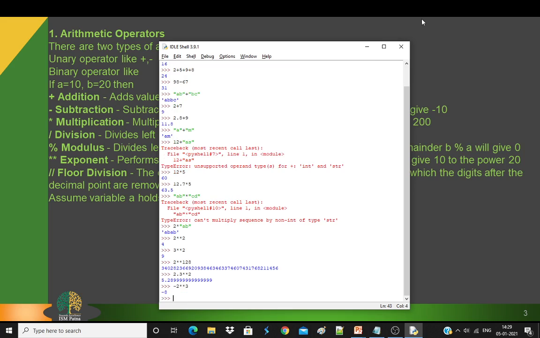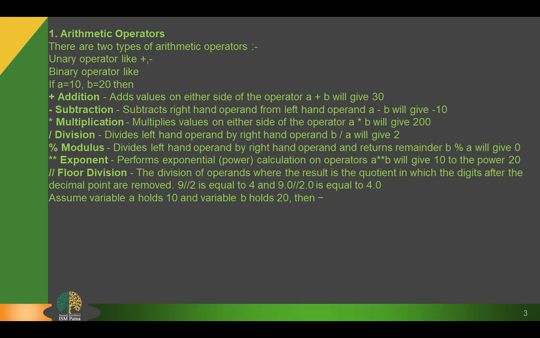So here we can see the exponent always returns the power value of the operand, and also provides us the facility to return the largest value whatever we want with the calculation, which is the main merit of Python. So we can calculate any type of number in Python with this feature. Now the next is